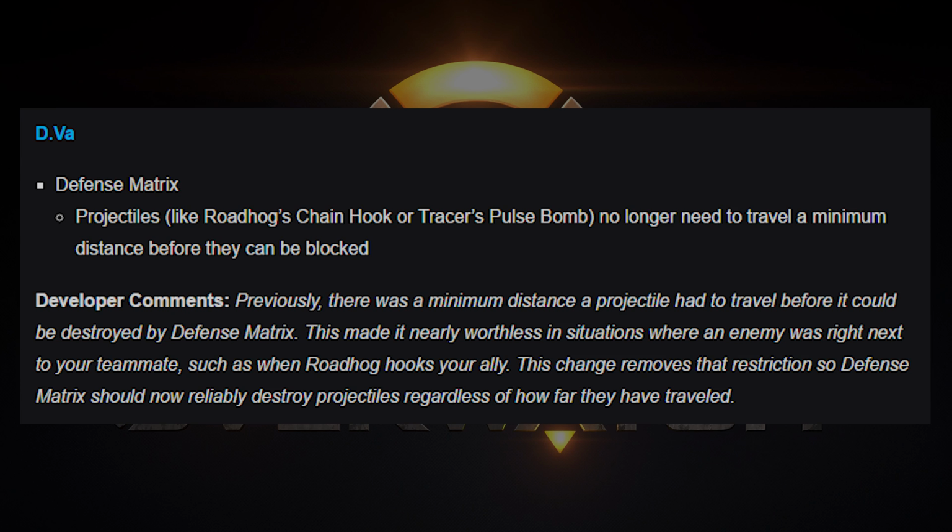Okay, so this patch note was poorly written and it's kind of misleading. It makes it sound like you can actually stop Roadhog's Chain Hook with the Defense Matrix, but you can't. What they're talking about is the follow-up damage. So when Roadhog hooks somebody, he reels them in and then he left clicks and shoots them with the scrap gun. Right now on the live version of the server, if one of your teammates gets hooked and you're playing D.Va and you try to cover your teammate with the Defense Matrix, they're still going to take damage